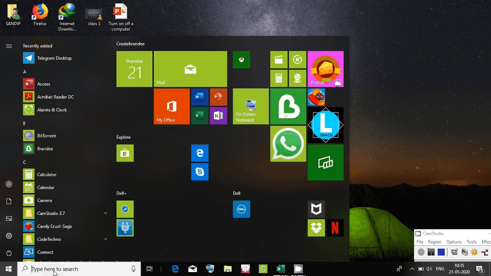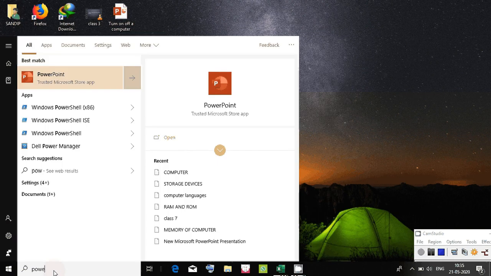Suppose I want to search for any program, in the search box you write PowerPoint. See, once I write PowerPoint, on the right side I see the recent files and folders that I have opened. Next, just above the start button we have a symbol. This symbol is for feedback, meaning if there is any problem with Microsoft, we can send feedback to Microsoft. Next is a gear. This button is for settings. You can open settings from here. Next is your user account. This button is to create a new user account or change the settings of the existing user account.